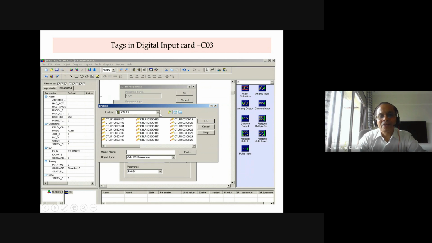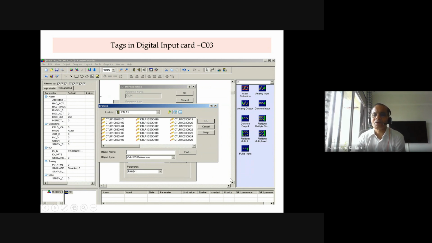A controller has these field tags, and you see here this controller there are field tags, card 3, channel 10, like this. Now you just take example, I will take this example. Controller 1 means a single controller, card 3 and channel 5. So you know the card 3 is your digital input card, and channel 5 is here, and just you take this and connect to this,